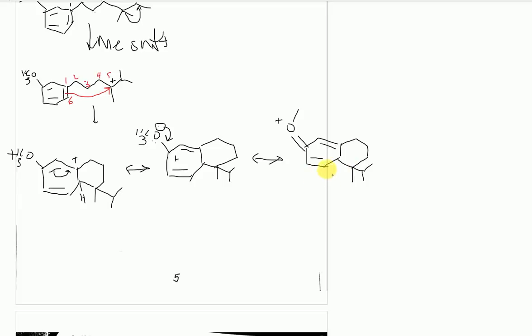Okay. And so now I'm going to write major resonance form on top of this one, just so they know that this is the major resonance form. This is the only form out of all these that has an octet, right? It's this one. And then from here, this goes back up, and I get this again. And so really what you have